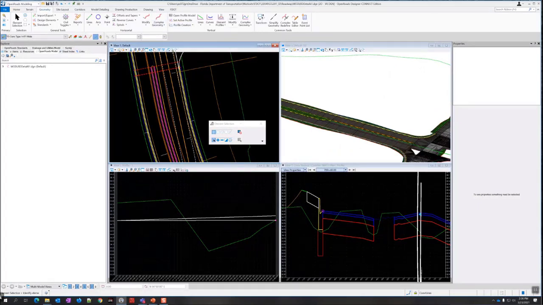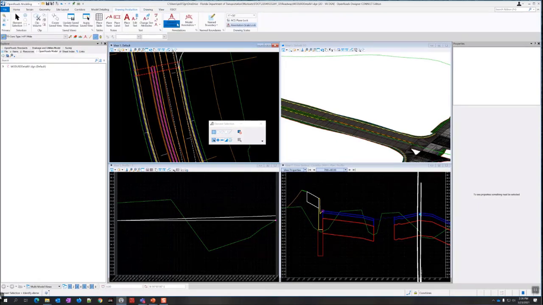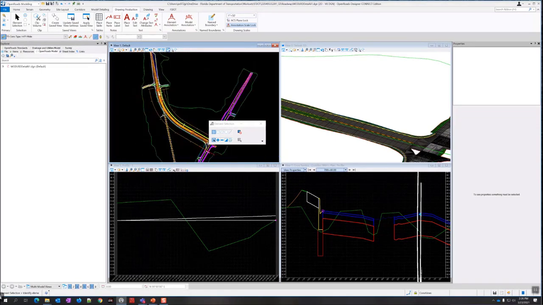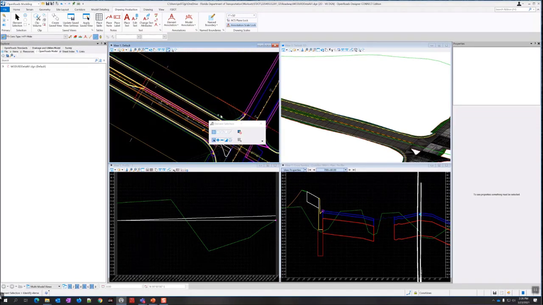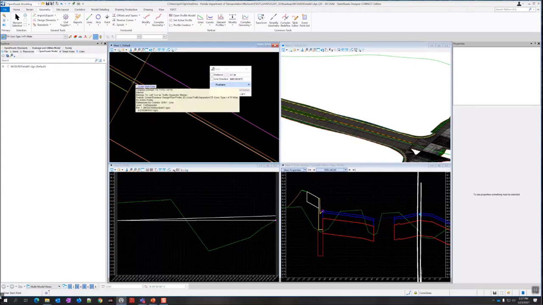Let me just annotate that alignment real quick so I can tell. So come over to drawing production, annotate element, select the center line, reset to complete. All right, so the curve ends right there. So this one is a little bit harder just to trace because it's going to be an arc and a line, but this one is just a line the whole way. So I'm just going to trace this one with geometry, just use the lines between points, and I'm going to just trace the traffic separator line.